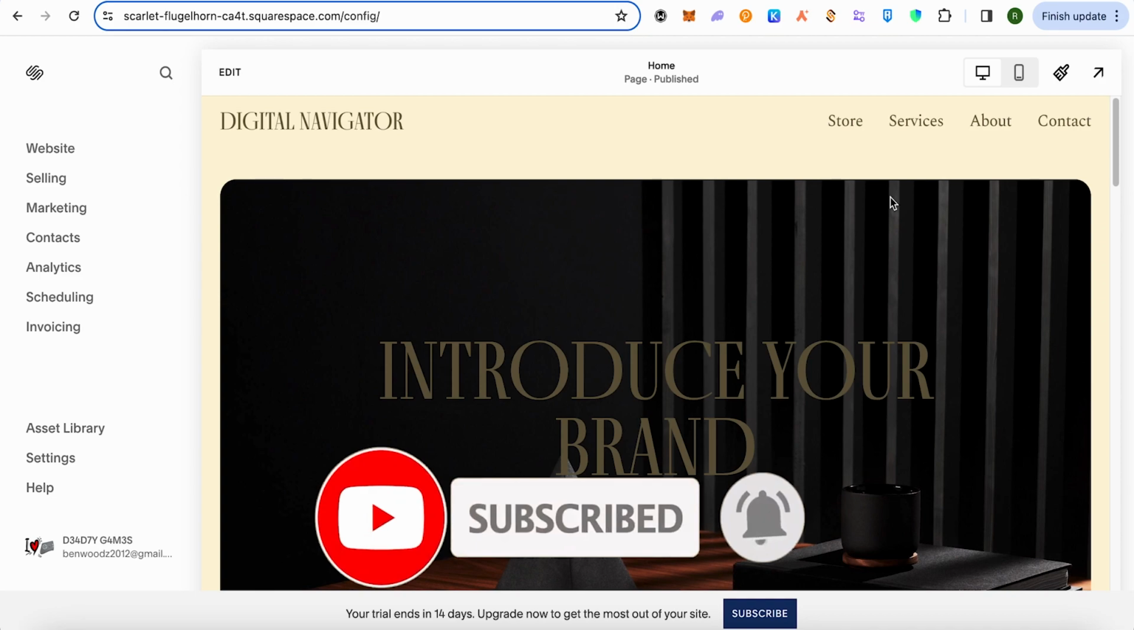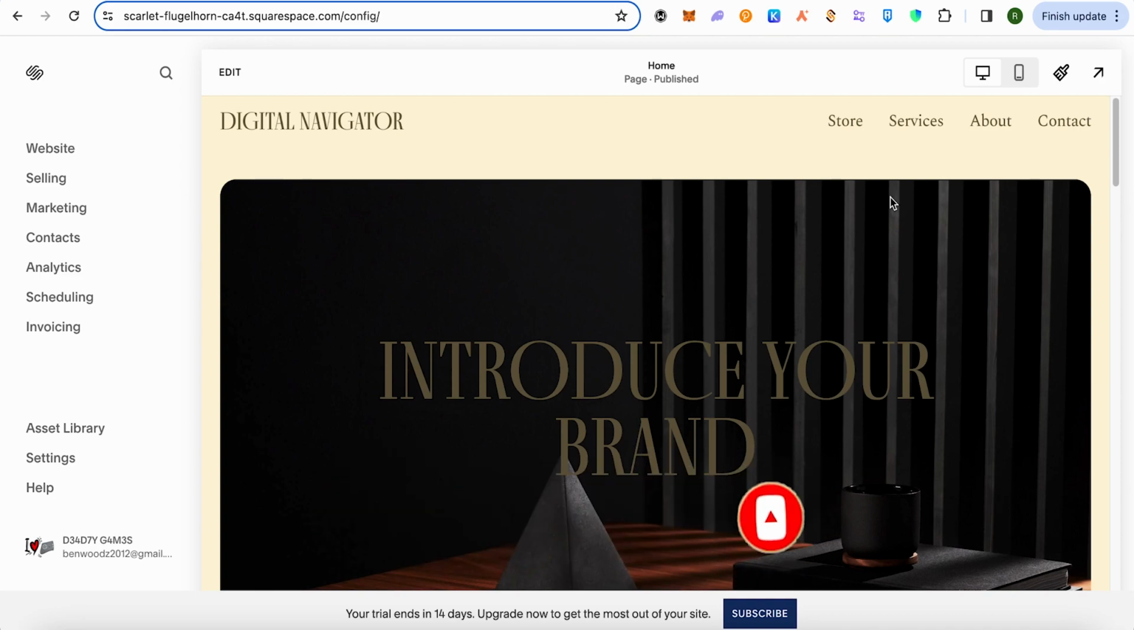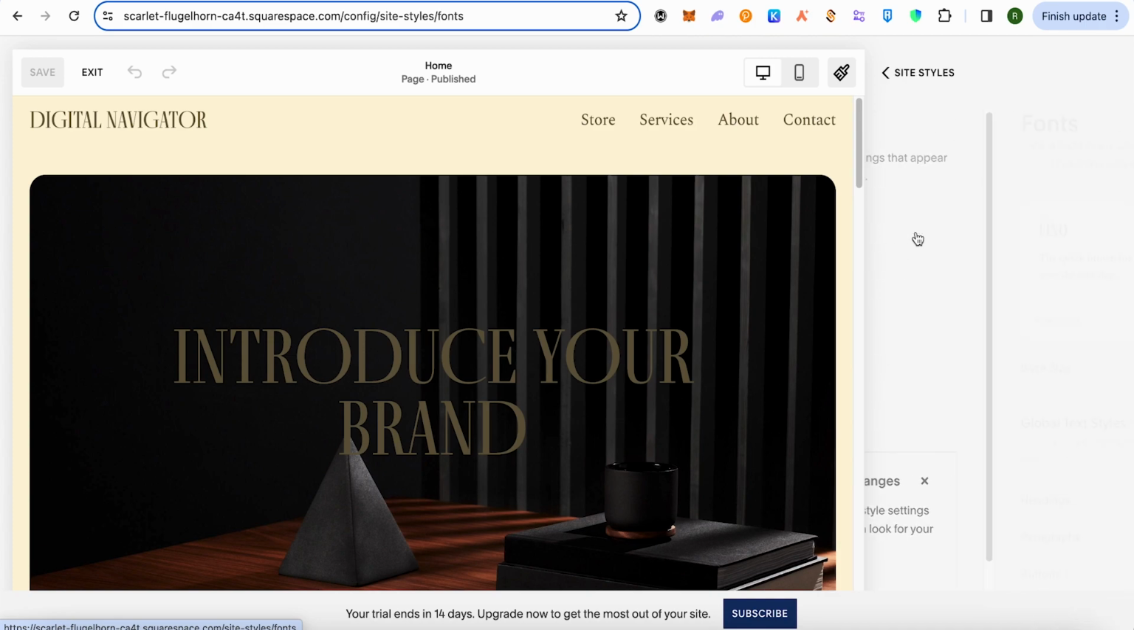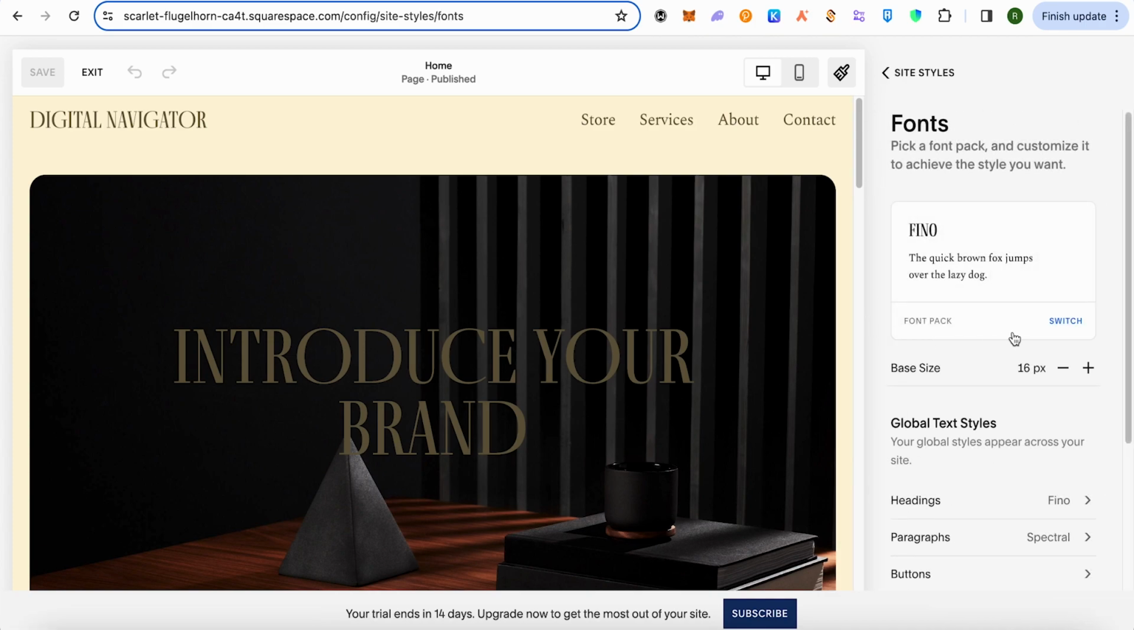Let's see how we can do it. For this, just simply open up the website that you are looking to change the fonts for, and after that you would be able to find this option of site styles at the top right hand side corner. Simply click on it, then here select the option of fonts, and after opening it up select this option of